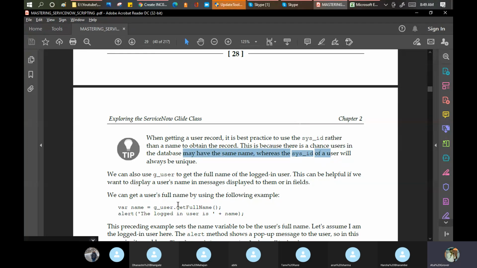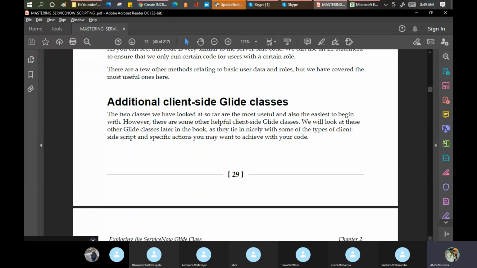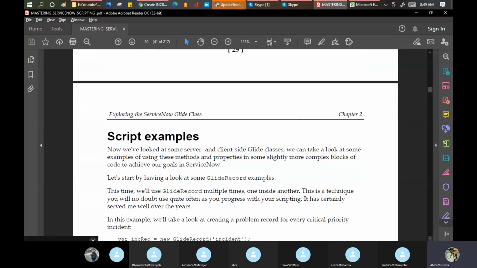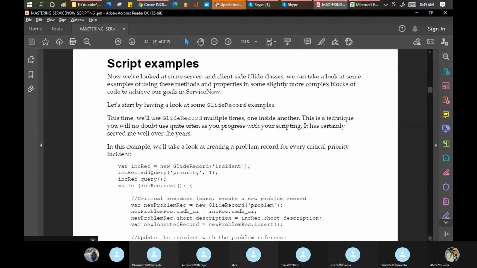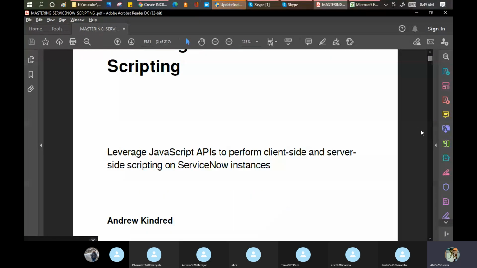Clear? If you put the get full name like this, and you put the alert like this, it will work for you. The same thing will work for you when you do the business rule as well. Okay, we'll come to that point as well now. Till this point, any doubt, any question? Anyone? Okay. Silence is risky, guys. Believe me.